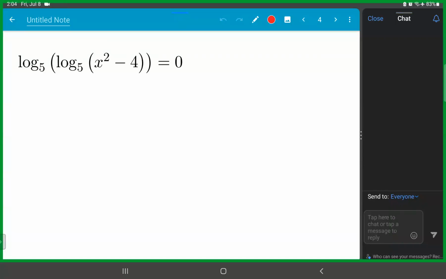Those will involve properties of logarithms, which you need first before you can solve those equations. But these ones can be solved by just converting them to the equivalent